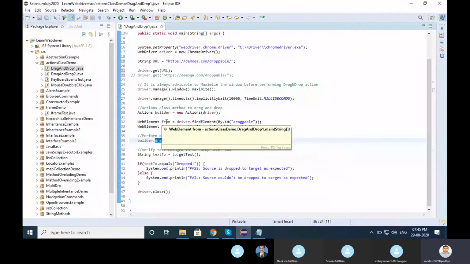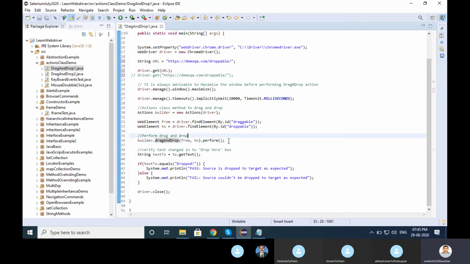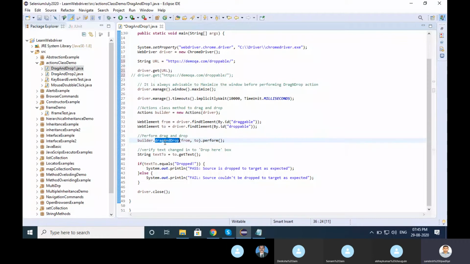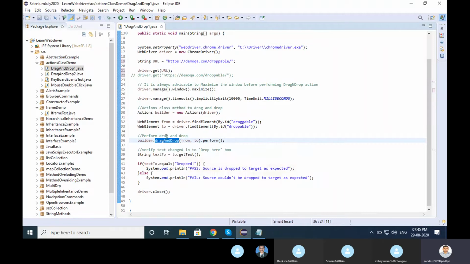So I have passed from the draggable and to our target location, its position. Till here, what happened: from and to, it will drag and drop using the action. So drag and drop is a predefined inbuilt function given by the Actions class. You want to add only that function itself, that's it.